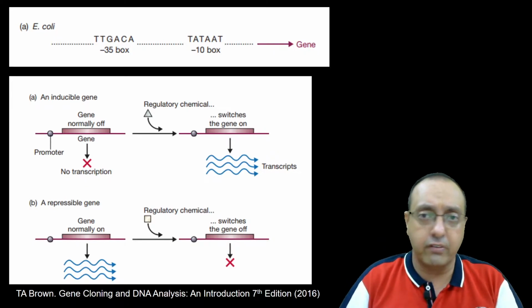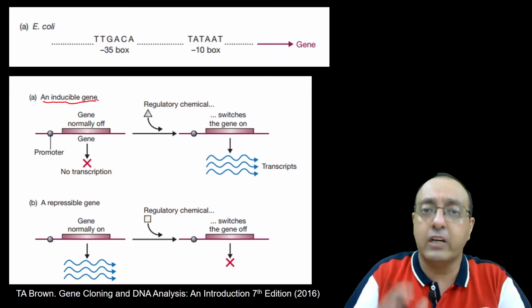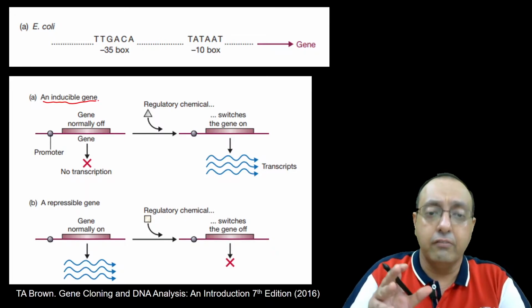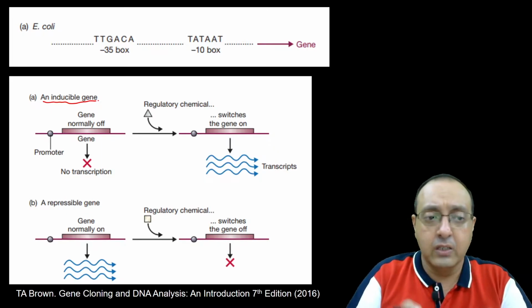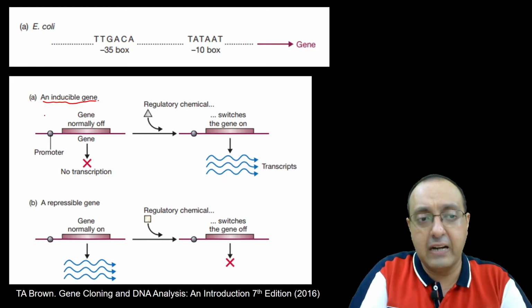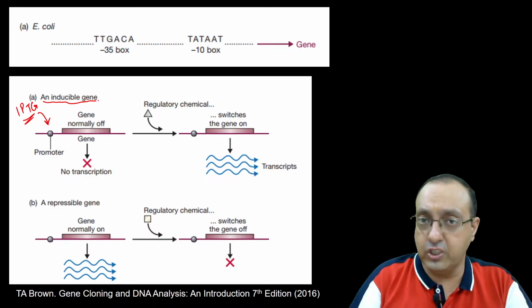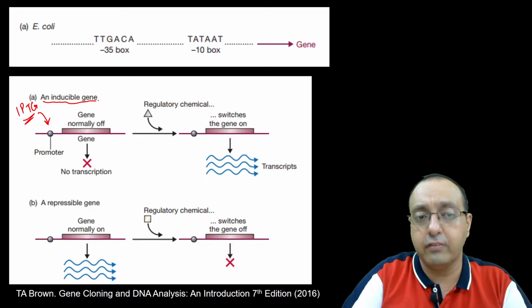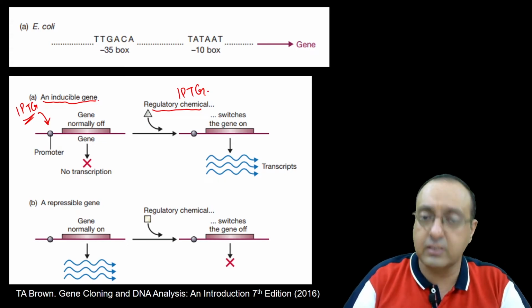So there are a couple of differences between those. An inducible system relies on an inducer. For example, we can use the LAC system, which is the LAC operon. So the LAC promoter depends on IPTG to dissociate LAC repressor from the gene, and so the gene is normally off. If we add a regulatory chemical, in this case IPTG here, it will dissociate LAC repressor and the gene will be